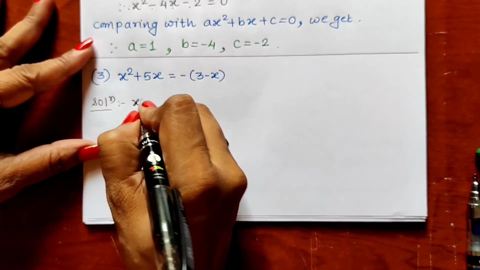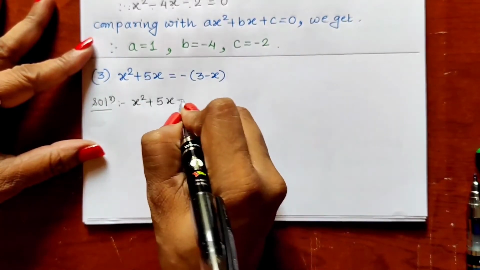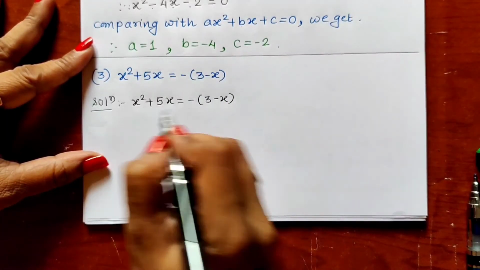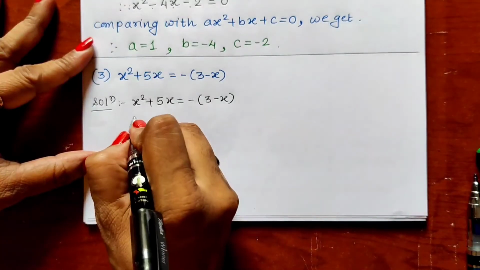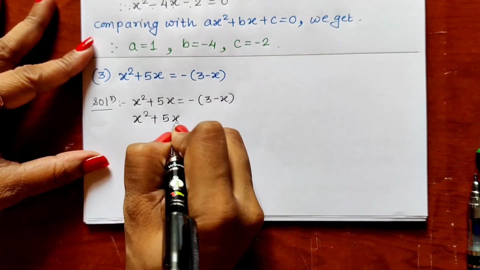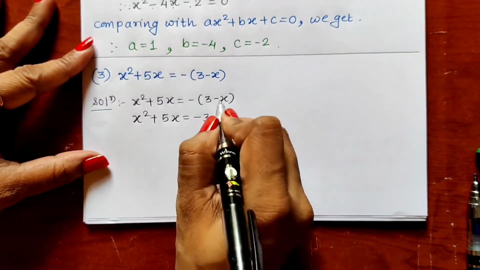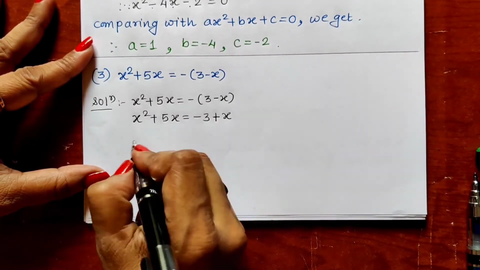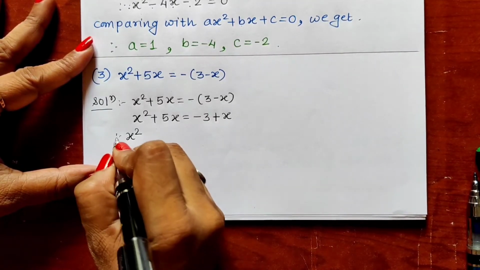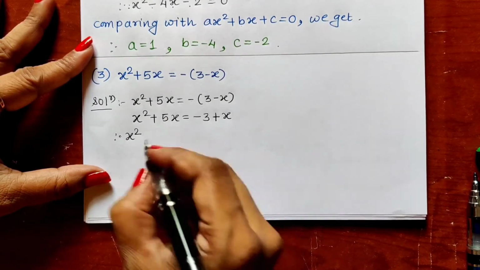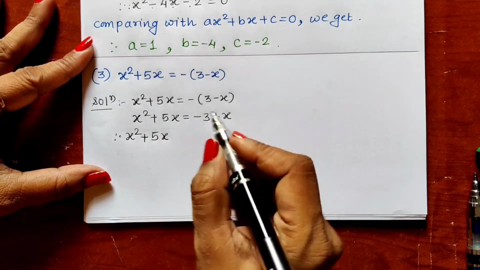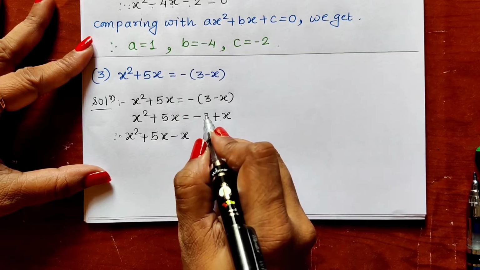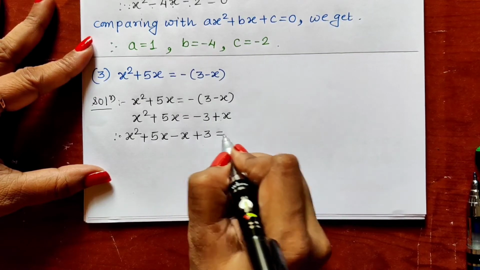Solution. We start writing the sum. X square plus 5x is equal to minus 3 minus x inside the bracket. Now first remove this bracket and then bring these terms on the left hand side. X square plus 5x minus 3 minus minus plus x. Now we will transfer these terms on the left hand side. X square term, always write the first term as the square term. Now plus 5x, again I am writing as it is. This plus x we transfer, it becomes minus x, and minus 3 we transfer, it becomes plus 3 is equal to 0.